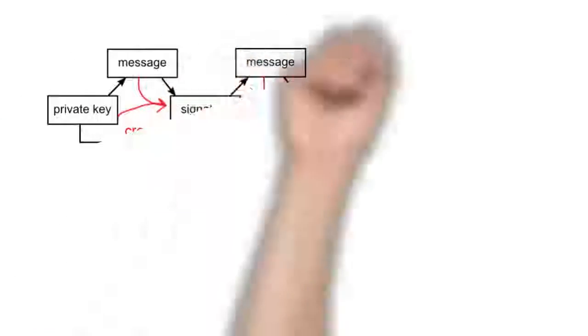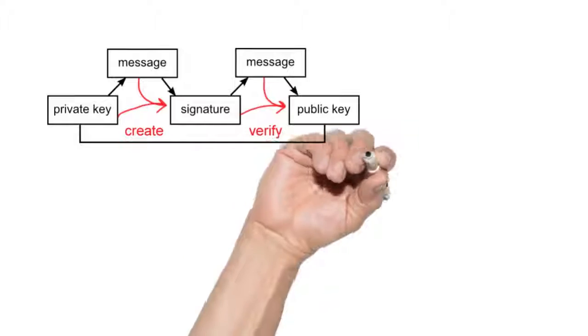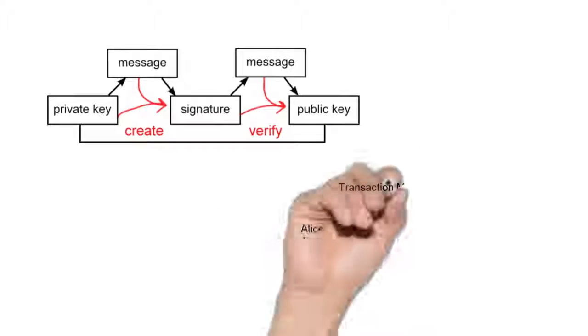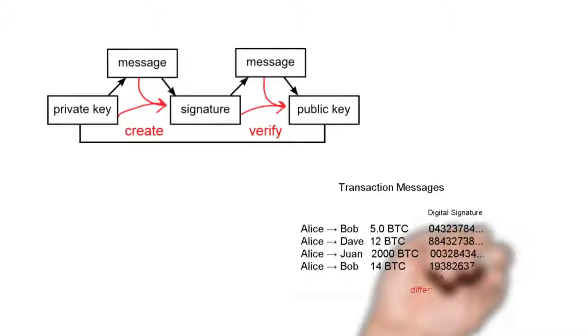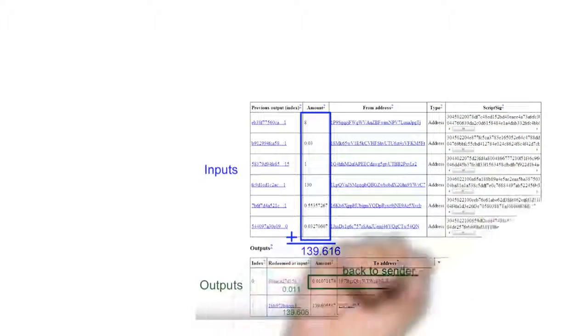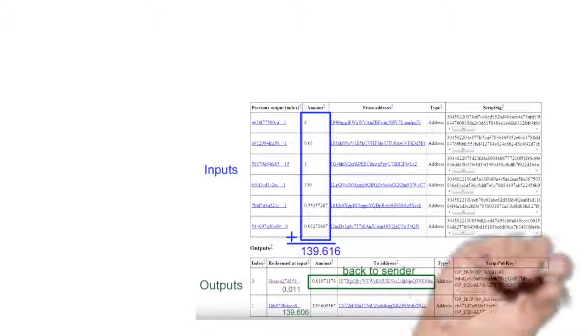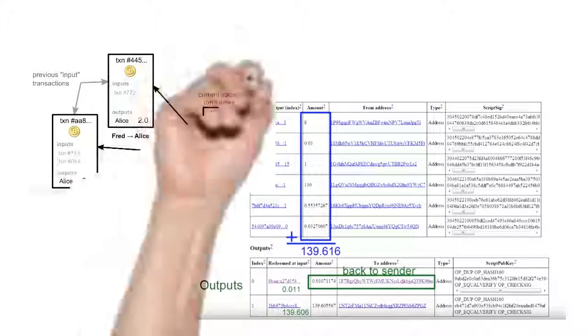The second thing you have to prove to spend Bitcoins is that you have enough Bitcoins to send. Digital signatures are not only linked to the sender and recipient, but also to the message itself, and the message contains the precise number of Bitcoins to be sent. So the total number of Bitcoins in the reference transactions must add up to a number greater than or equal to the amount you want to send. If it's greater, you get change back, which is really just sending the remaining Bitcoins back to yourself.